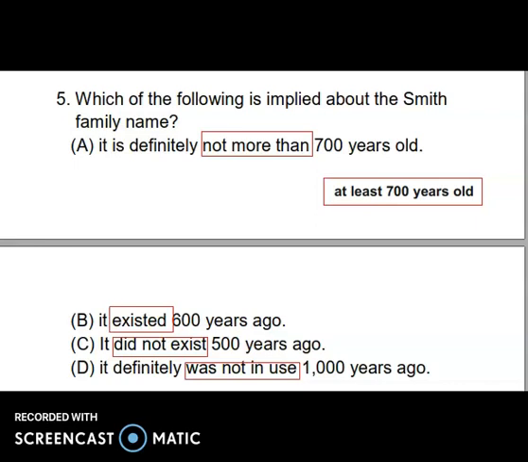Probably also more than 1000 years old. So that is the meaning of the words at least. At least is the same as minimum, while not more than means that 700 is the maximum. So we cannot make an assumption